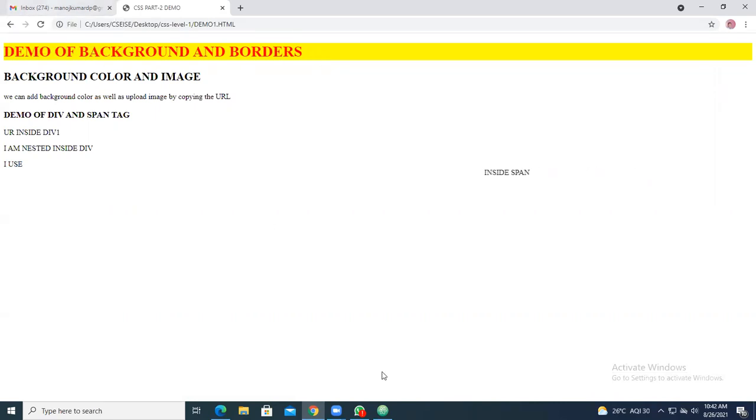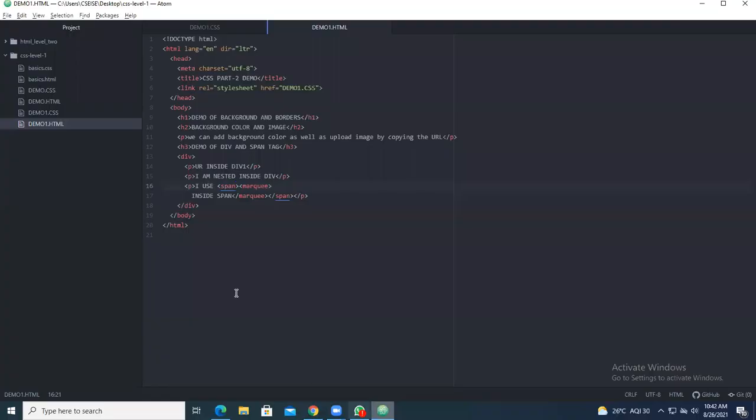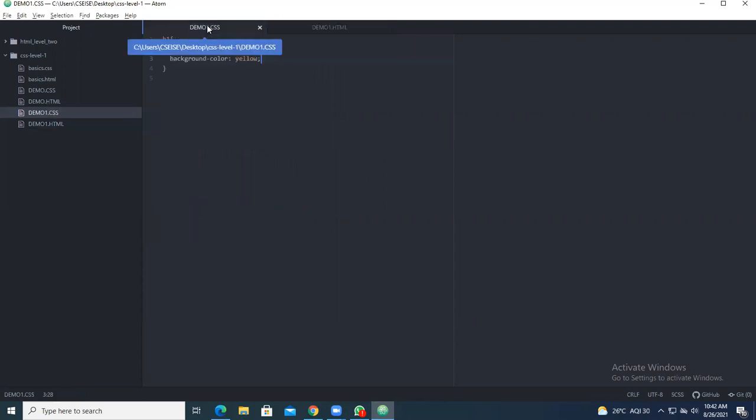Okay. So now you come for the next tag. H1 is already given, now H2. What is the part 2 heading? It's background color and image. So take the new tag, that is H2, background color. You can take different formats, direct color, or you can give RGB.